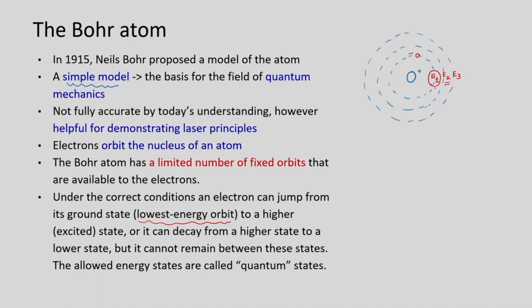The electron will jump from E1 to E2 or it may even jump to level 3, or the electron can decay from the higher energy state. So, either it can move from E1 to E2 or E3, that we call jumping to a higher energy state,